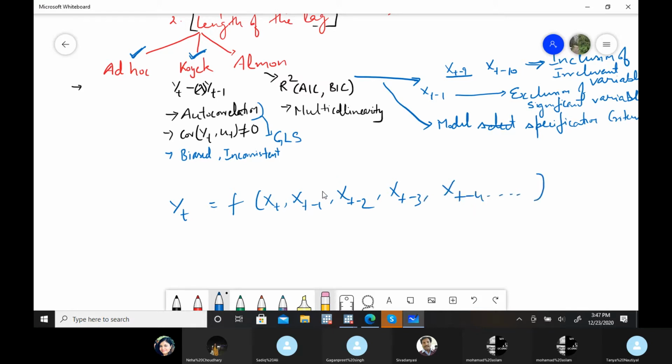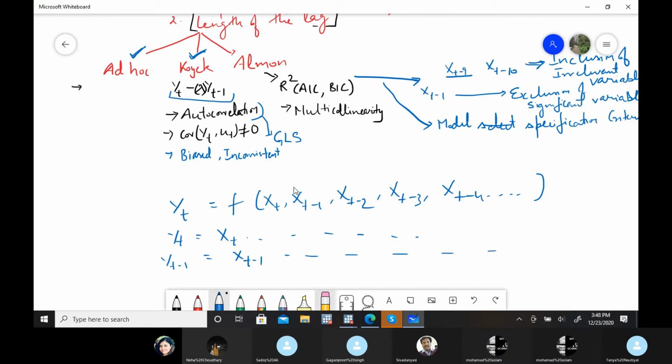If you read the Koyck approach, after a simple adjustment, you will find that yt depends upon xt and all the lag values. So yt minus 1 will depend upon xt minus 1 and all the earlier values, right?